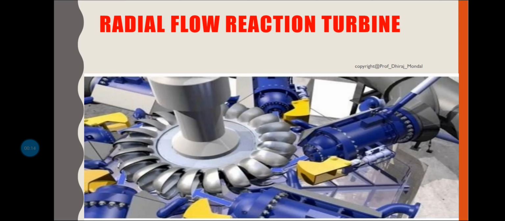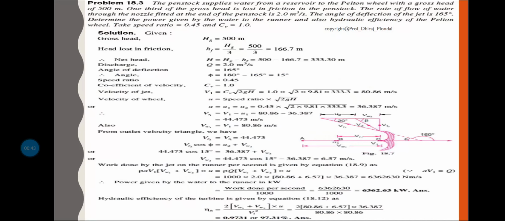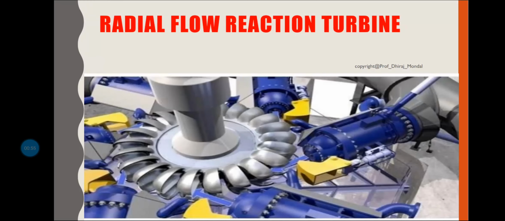This is lecture number 20. Last class we discussed the Pelton wheel, velocity triangle and the related numerical, and some numerical was given to you as homework. I am very happy to see that most of you are submitting the assignments I give. Today we are going to discuss the homework given in the earlier class and two more numerical. Here basically we are going to discuss some numerical and radial flow reaction turbine.